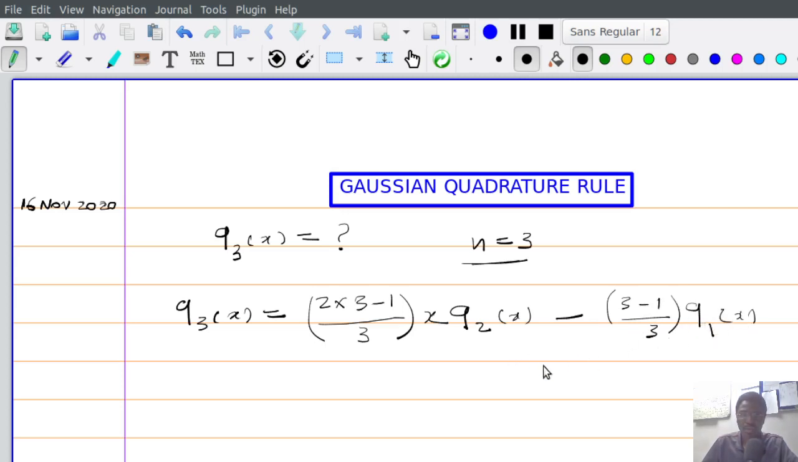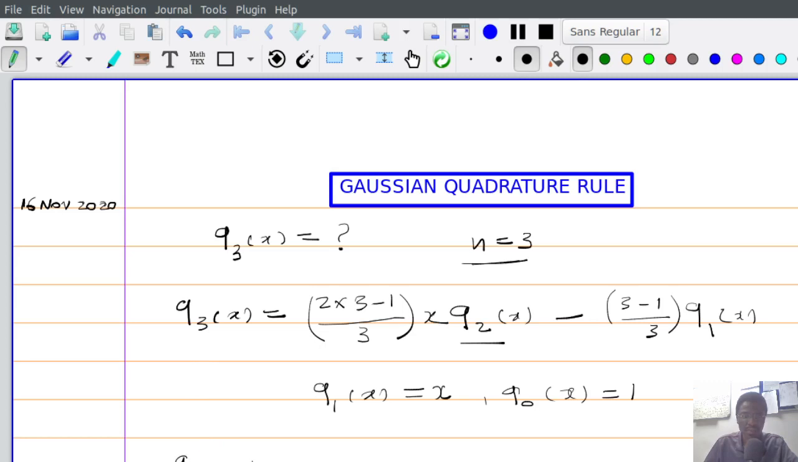So we know Q1. Q1(x) is x. So we need Q2 to compute this. But what is Q2? For Q2 I also need Q0. Q0(x) is 1. So for Q2, if I use the same formula,